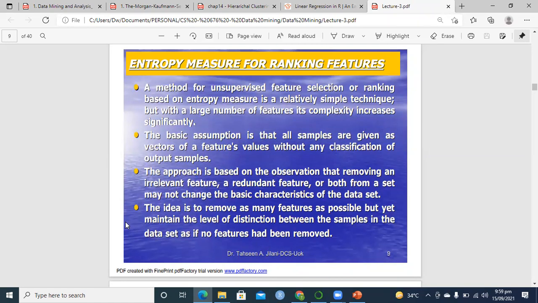Suppose the efficiency of the system is 90%. Efficiency and entropy are reciprocal of each other. So if the system's efficiency is 90%, that means the system's entropy will be 10%. That means based on 10 employees, the entropy of the system is 10%. What will they do now? They will start an iterative process.